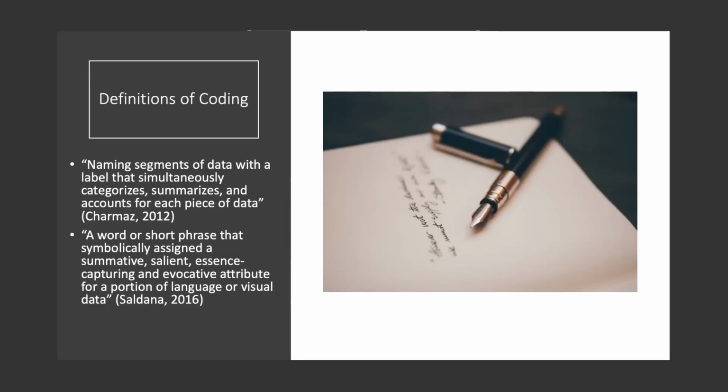Essentially, if you take these two definitions, the key point here is that a code is a label. You see something, and a code is a label that you attribute to that something. Coding is the process of coming up with that label based on what you see. A code describes what you see in that data. Think of